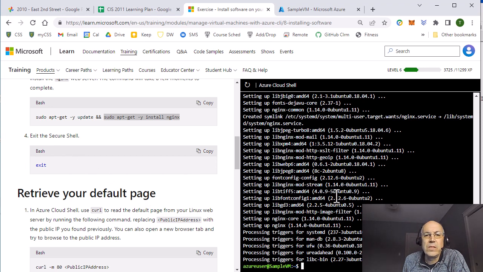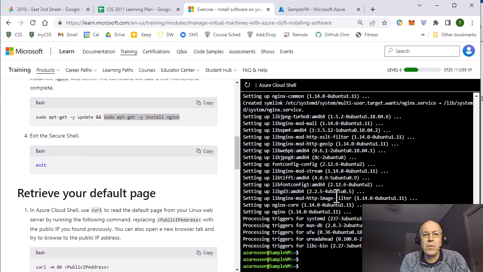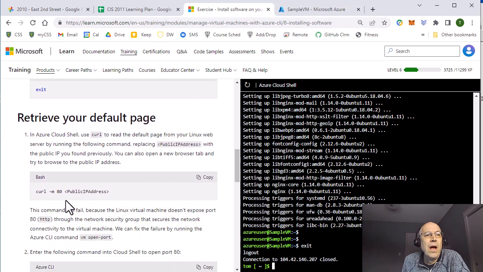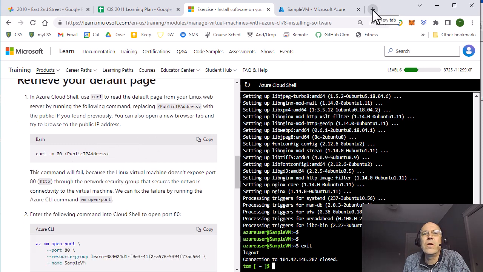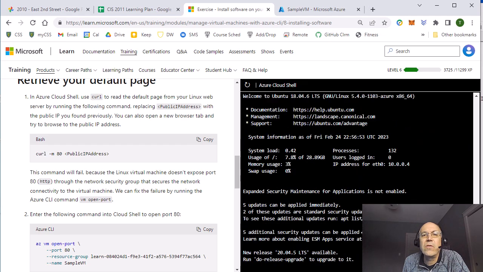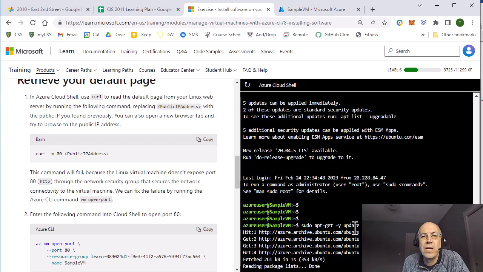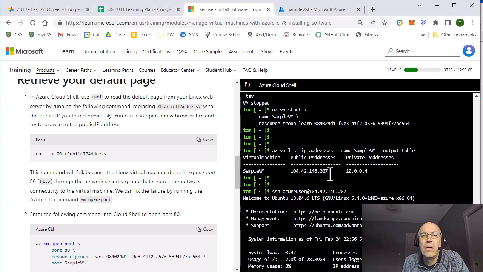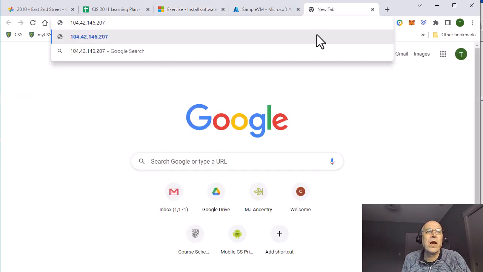So now once I've got this done, I'm at that remote user. I can hit exit to get out of that remote user, and now I'm back in my Cloud Shell here. Now I can check if this web server is up and running. I could use curl, but I'm going to do something else here. I'm just going to grab the address of that machine. There. So I'm just going to grab this address and open up a browser window and see if that